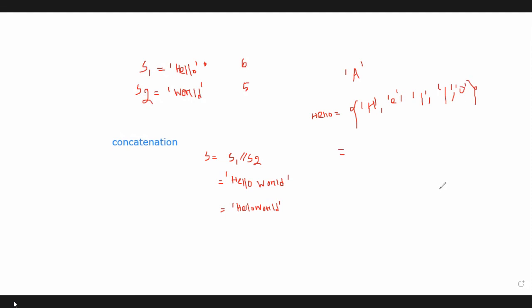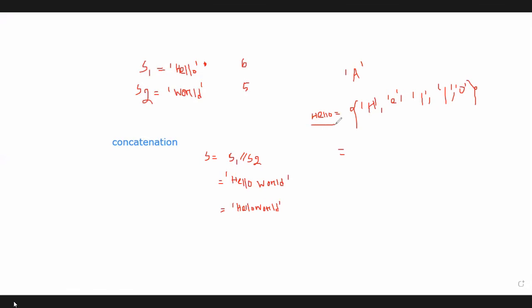When we put it manually, we write it like this. Yes, your concept is correct. We usually use single quotation marks for denoting characters.